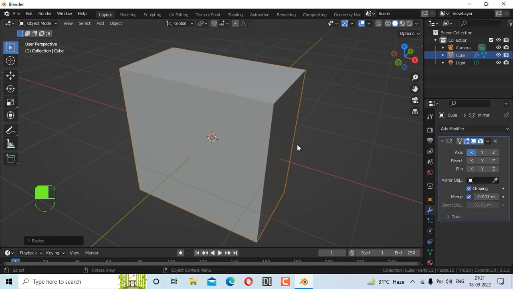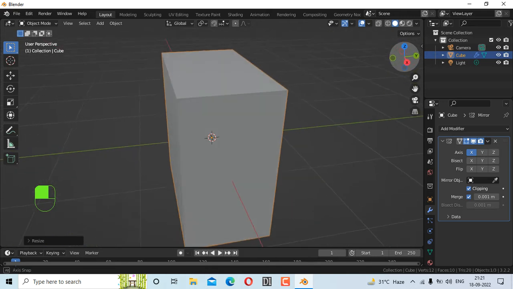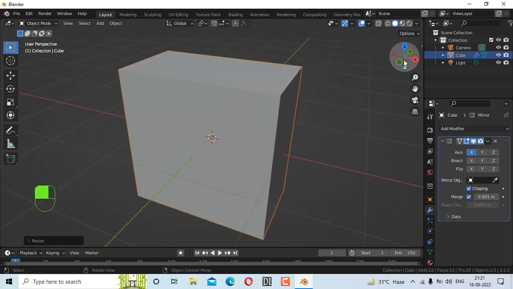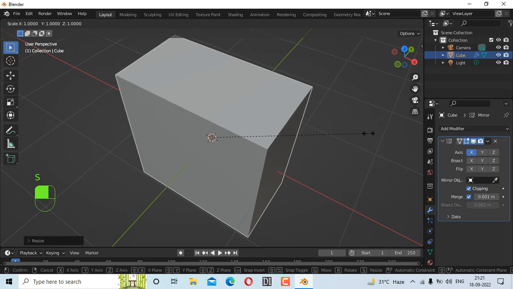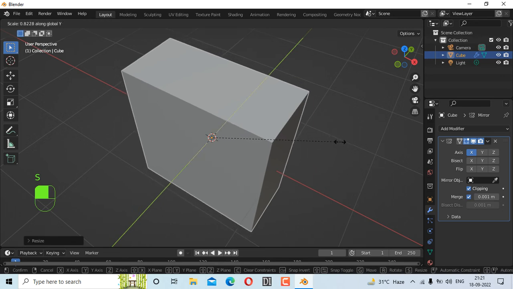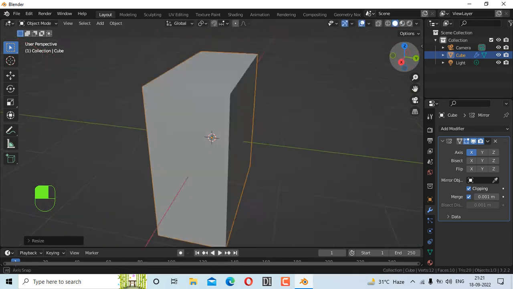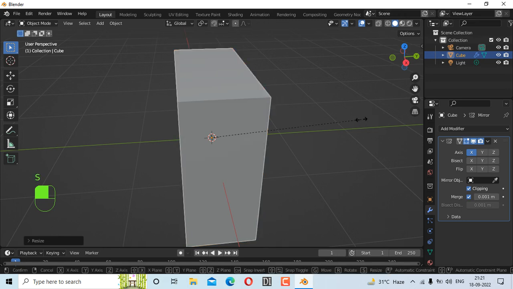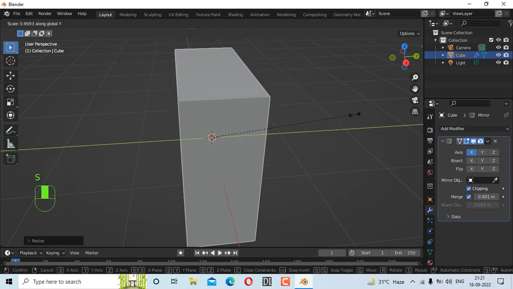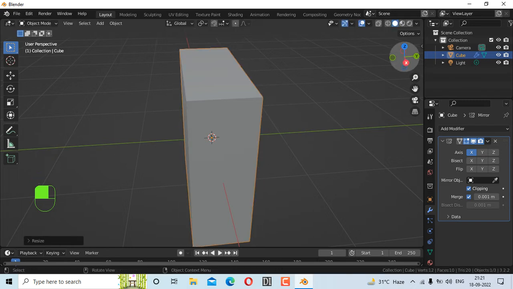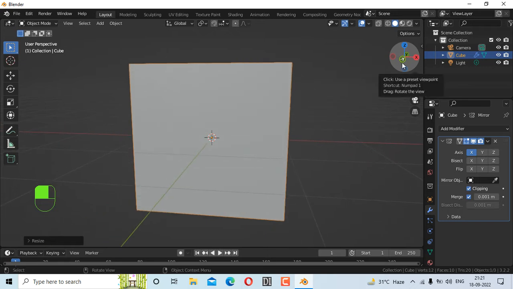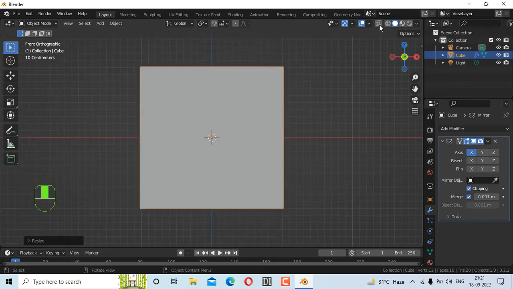So as you can see, it must be a little bit more. So S and Y. Fine. So this is the width of our body. Understood? Once we are done with this, now we have to go to